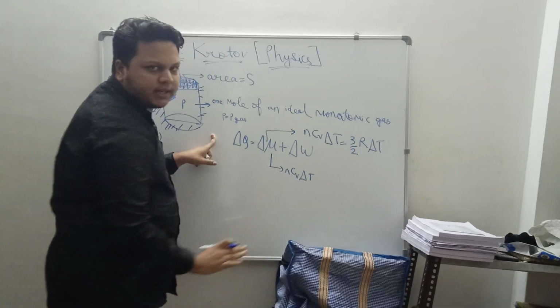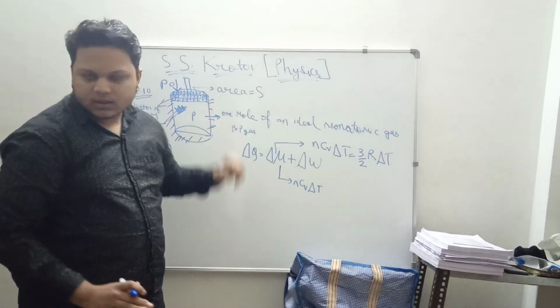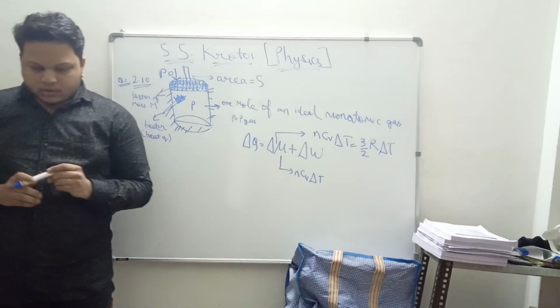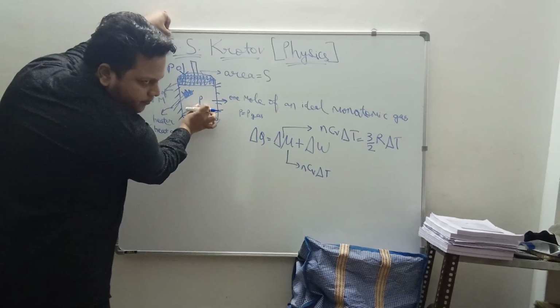For change of temperature delta T, from T1 to T2 the temperature is changing. So delta T is equal to T2 minus T1. Now, we can very clearly state that the gas pressure is P and the atmospheric